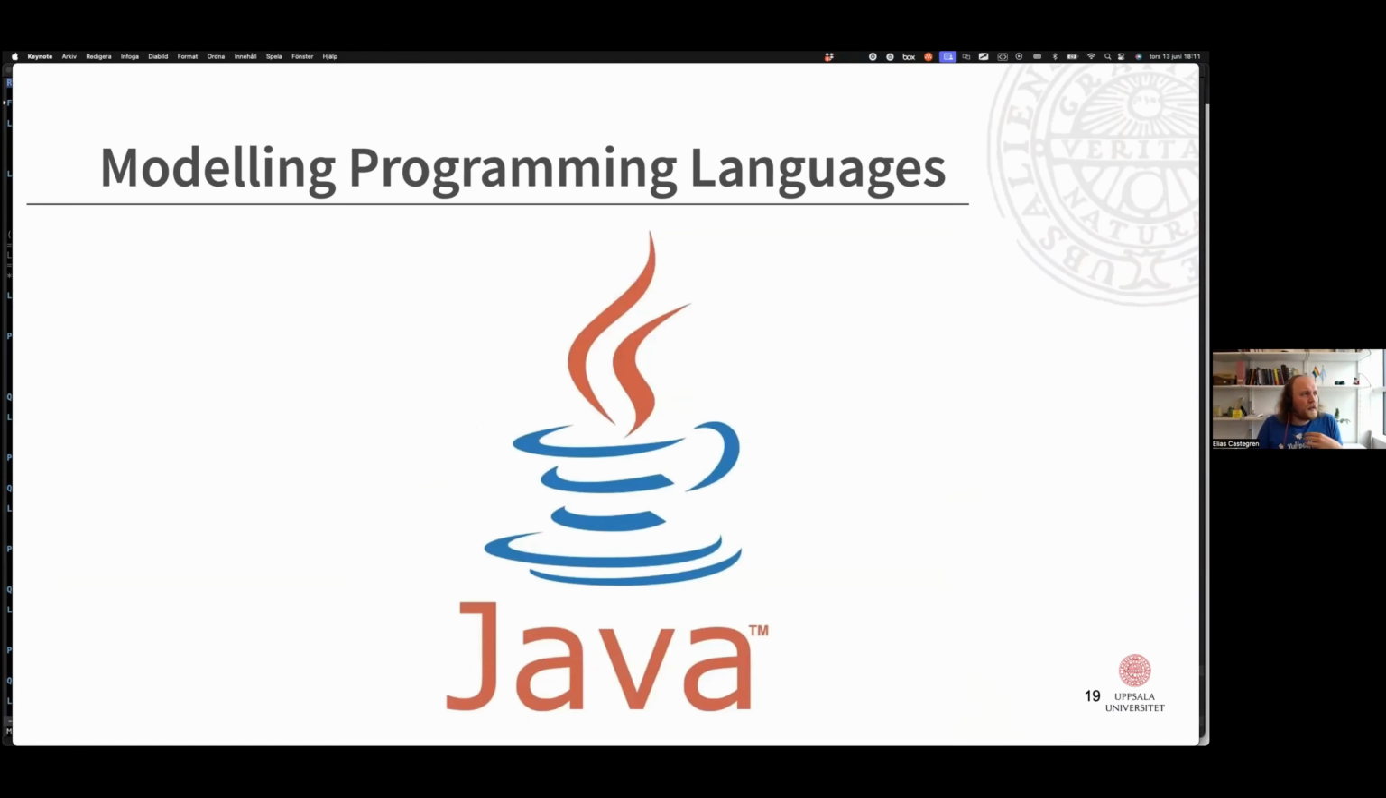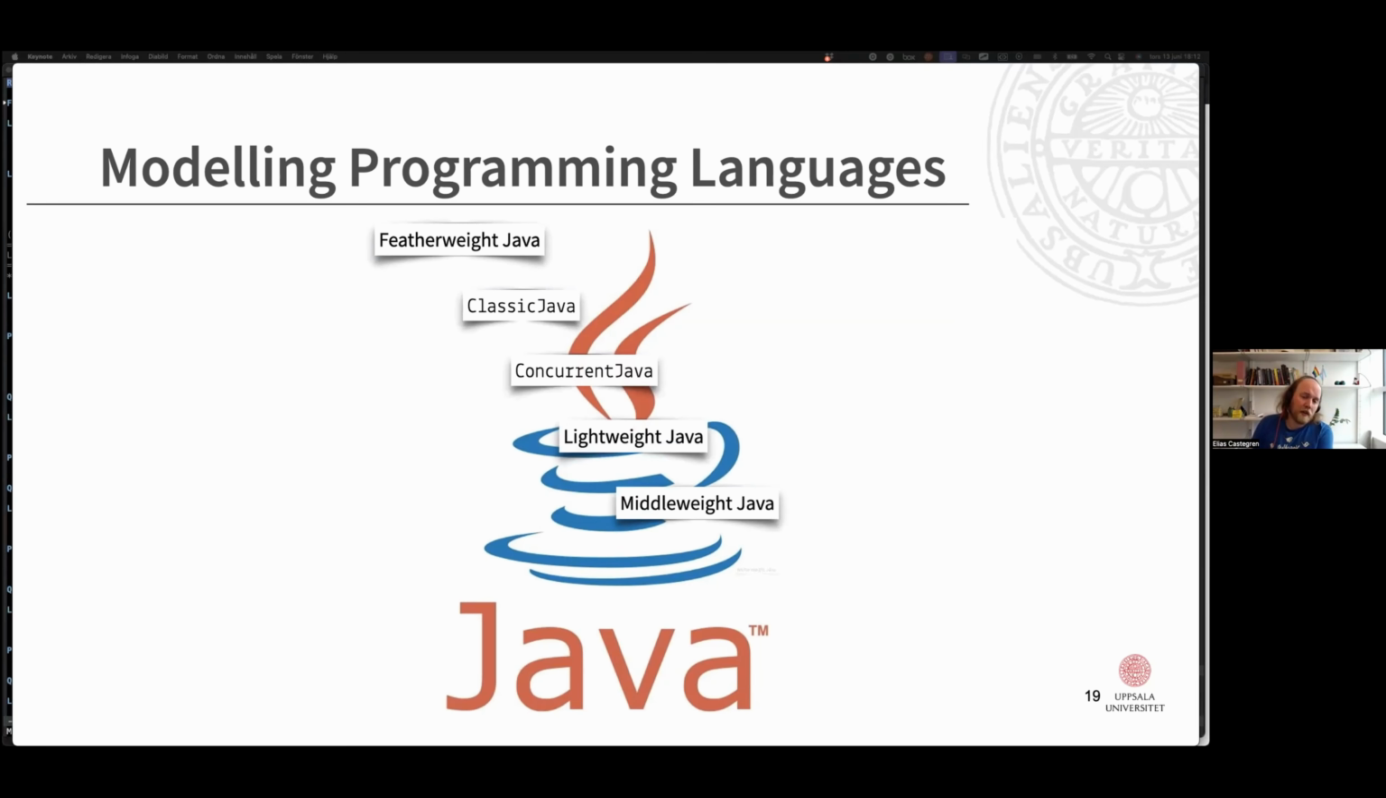In my line of work, the reality that we're trying to model comes in the form of programming languages, for example, Java. And the complicated details include the underlying hardware, the memory model, and memory management, like garbage collection. So typically we use models here as well. For Java, there are a bunch of them: Featherweight Java, Classic Java, Concurrent Java, Lightweight Java, Middleweight Java and Welterweight Java. These are all different object calculi that